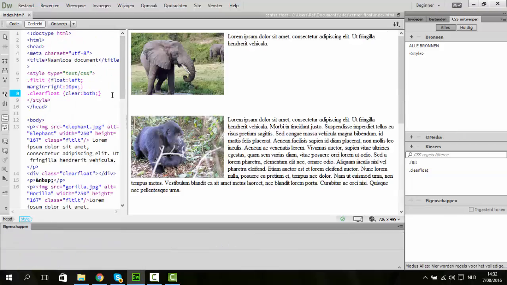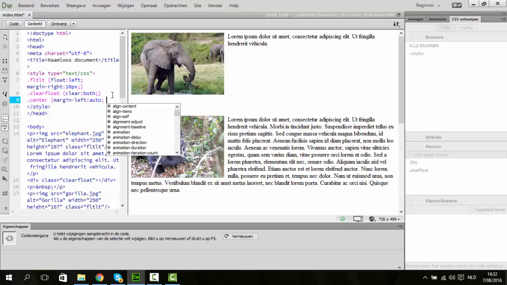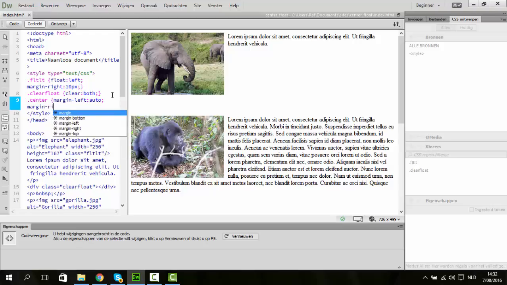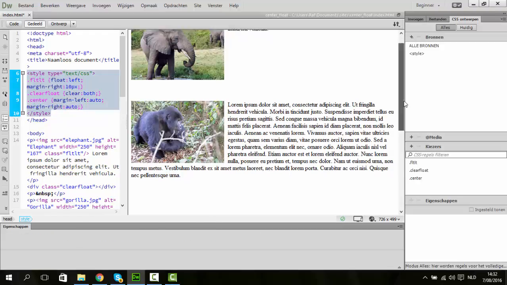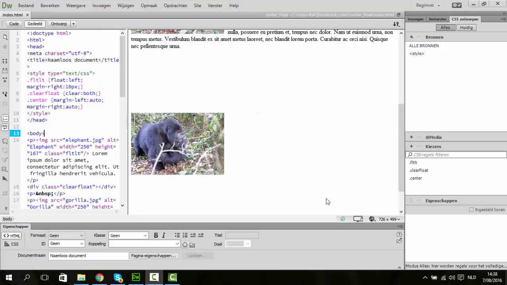I'll put that again in a class and we call the class center, for example. Margin left auto, margin right auto. Let's put that class on our gorilla. And unfortunately, nothing happens. To understand why, I have to tell you a little bit about inline HTML elements versus